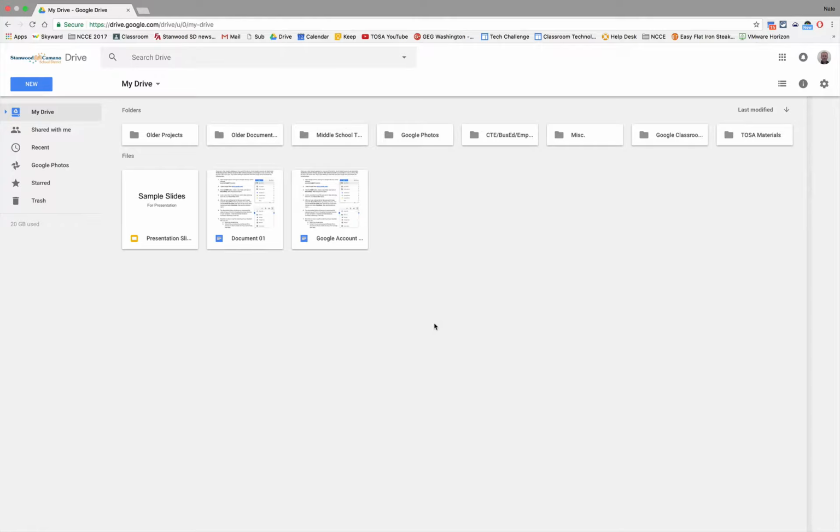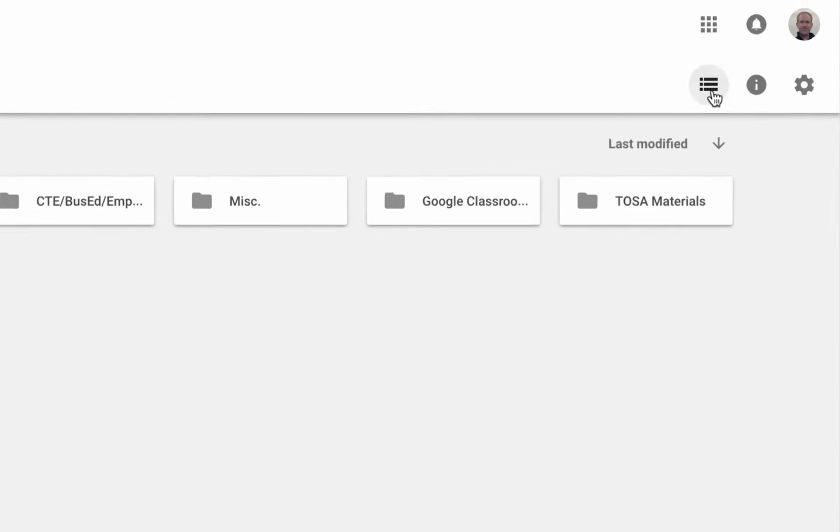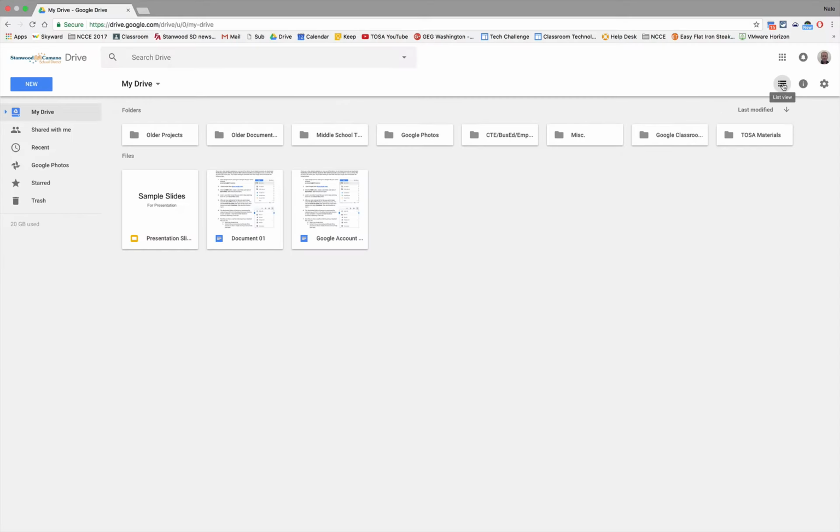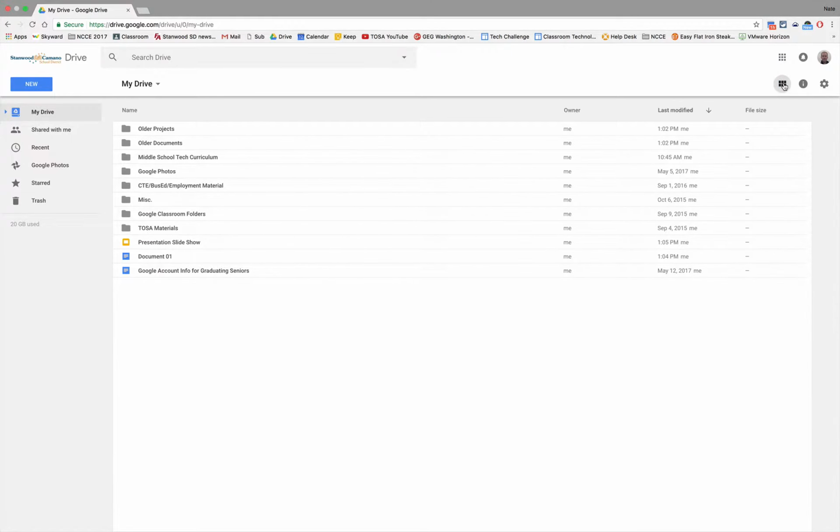So let's start by talking about how this looks. Some people prefer their Google Drive to look like this. Other people keep it in the list mode. And so this button right up here is how you control that. So it just switches back and forth. I'm going to have mine in the list view, so that's how you can change that if you want it